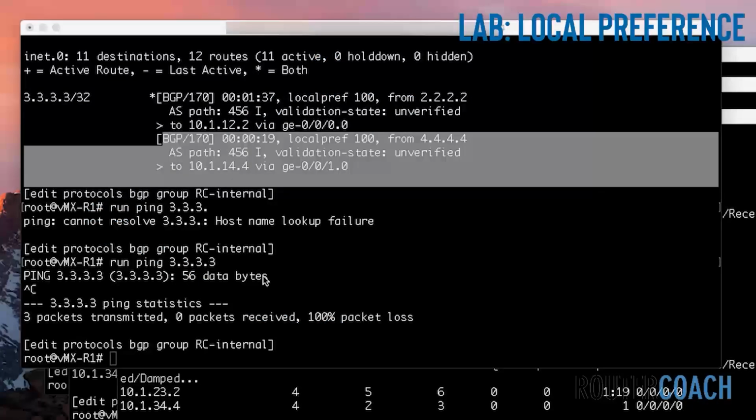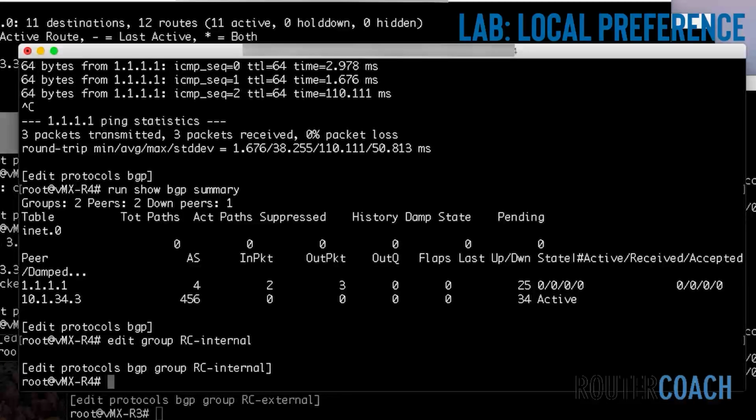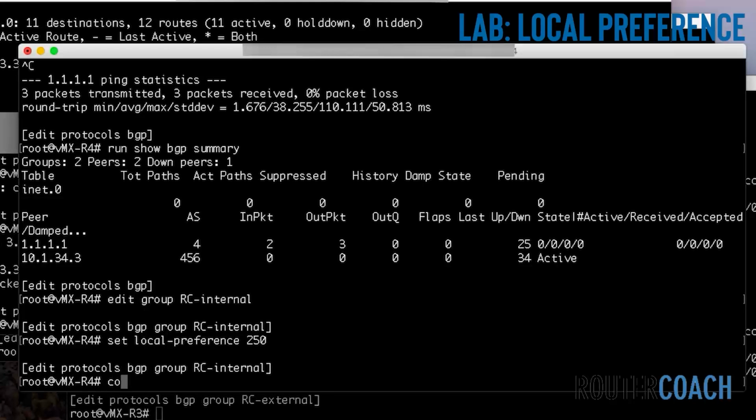And to do this, we will jump onto R4 under BGP for the group of edit group RC internal. We should be able to just say set local preference, and highest wins. So the default is 100. So if I was to make it like 250 and say commit,